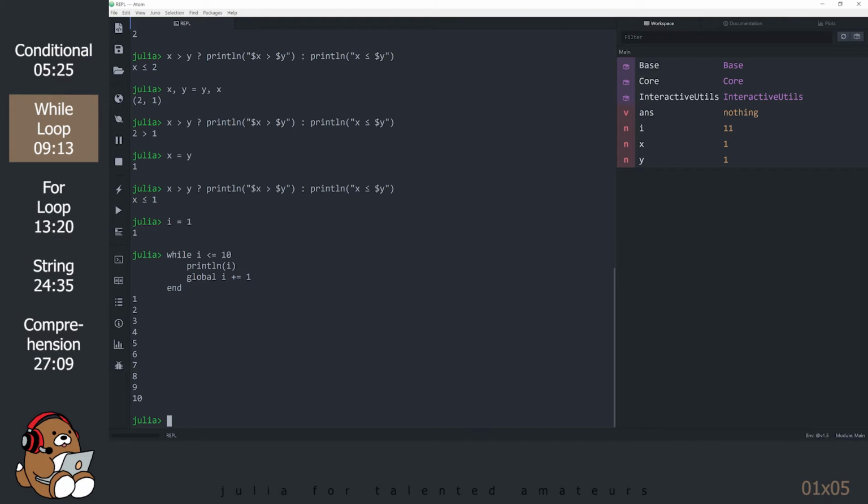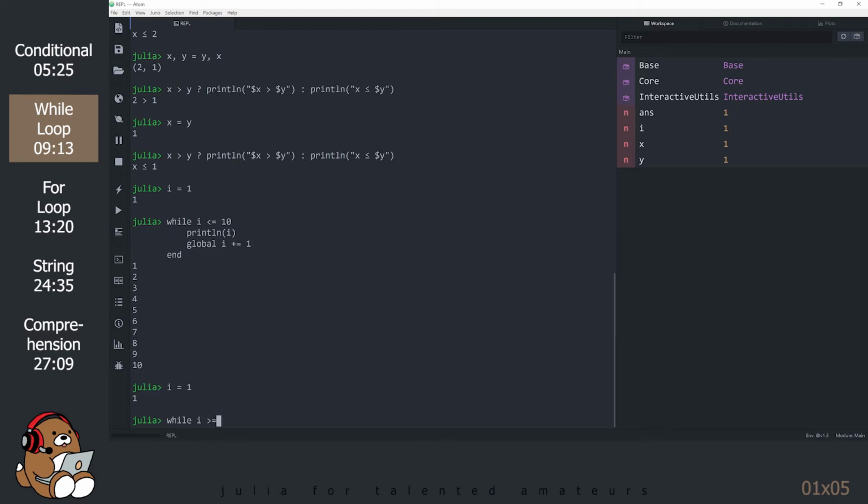Because changing the value of a global variable can have unintended consequences, altering the value of a global variable from within your loop is not encouraged. The designers of Julia have implemented a safety measure to ensure that if a programmer wants to change the value of a global variable, they need to be explicit when doing so by using the keyword global. Notice in the workspace panel that the value of I, which was initially set at 1, has now changed to 11.